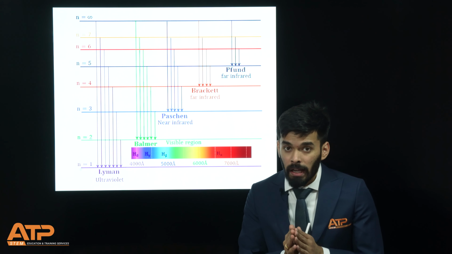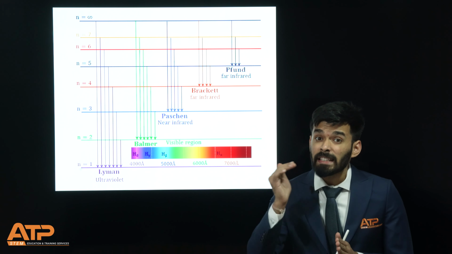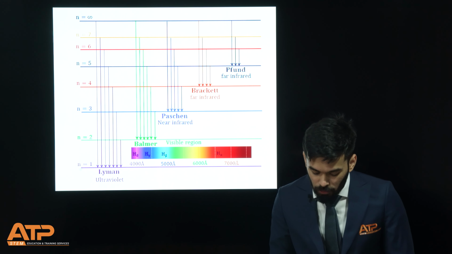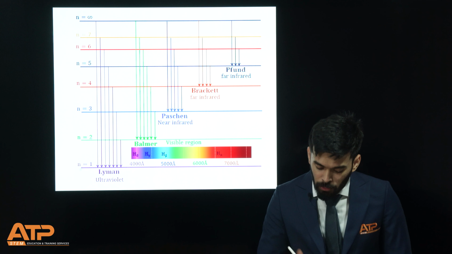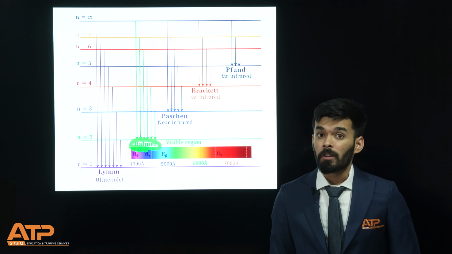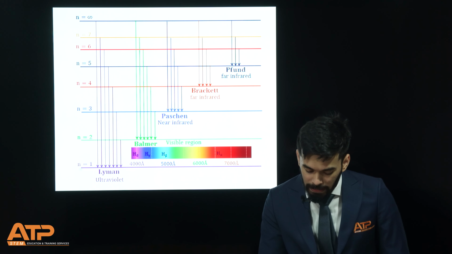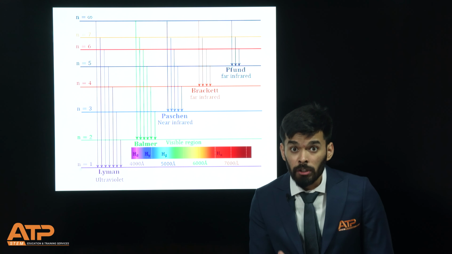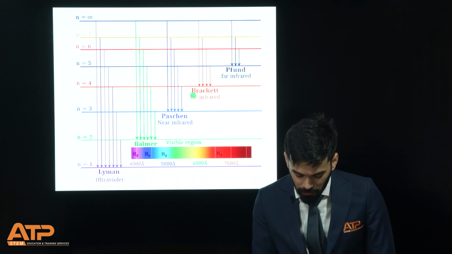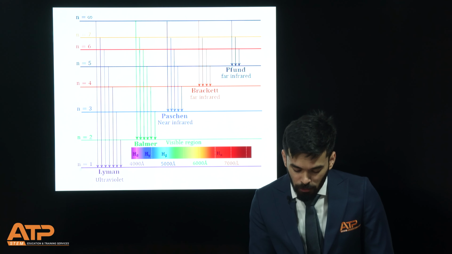So in hydrogen atom, if electron jumps from any shell to the first shell, it's called Lyman series. If electron jumps from any shell to second shell, it's called Balmer series. If electron jumps from any shell to third shell, it's called Paschen series. If electron jumps from any shell to the fourth shell, it's called Brackett, and from any shell to fifth shell,